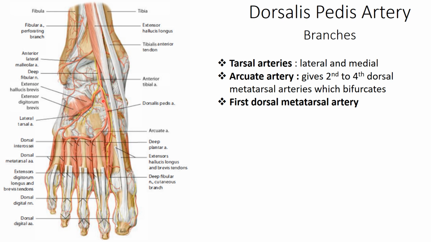Then the arcuate artery is given off at the level of the medial cuneiform, and it is arc shaped. That's why this is known as the arcuate artery, and it gives rise to the second to fourth dorsal metatarsal arteries. Second, third, and fourth dorsal metatarsal arteries, and these are common ones, and they bifurcate into these dorsal distal branches in the cleft, and then supply the adjacent sides of the toes,